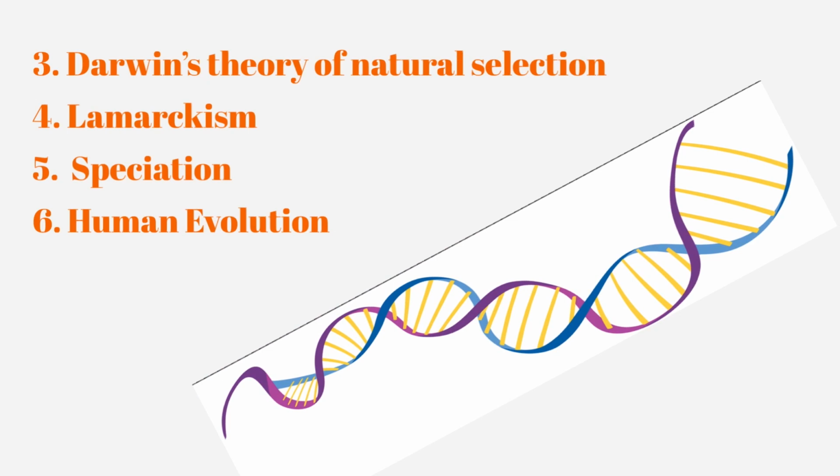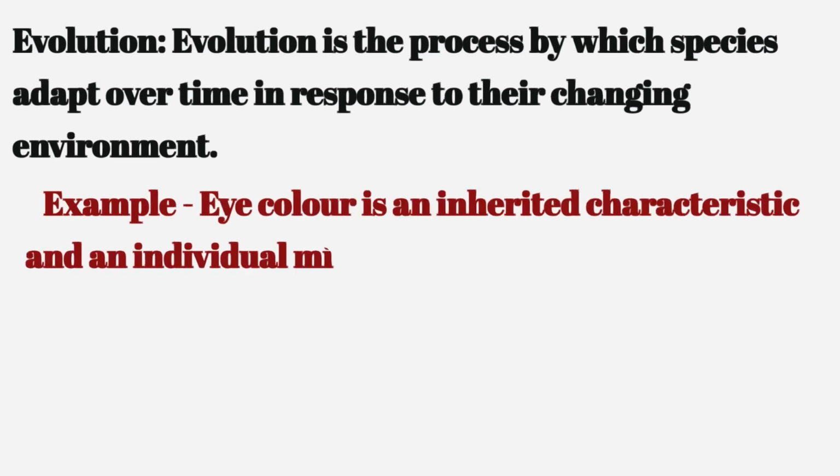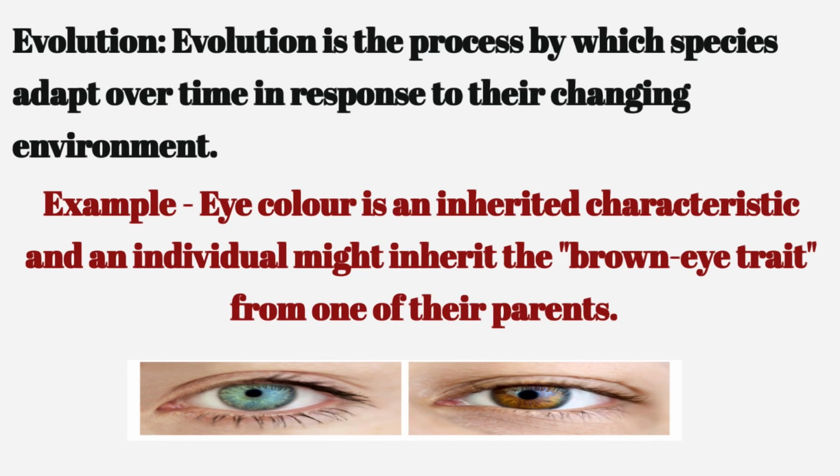Even in your primary classes' history textbooks, you must have learned about evolution, how evolution took place in human beings. Evolution is the process by which species adapt over time in response to their changing environment. For example, eye color is an inherited characteristic, and an individual might inherit the brown eye trait from one of their parents. And that's why sometimes you receive a statement that your eyes look like your mother's or